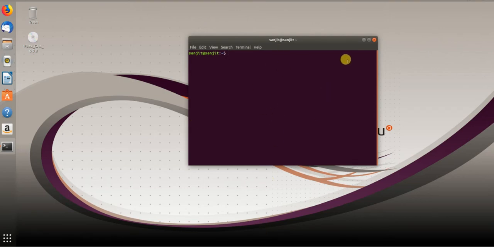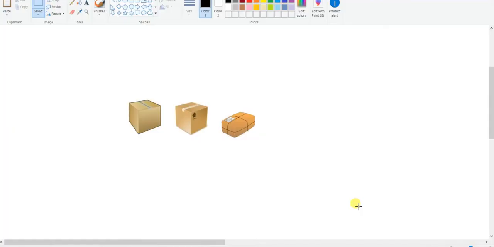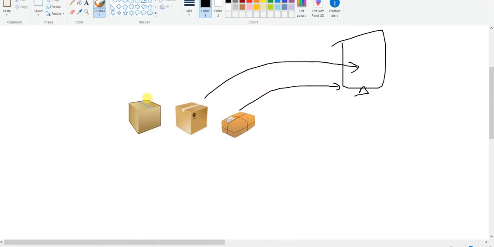system. Since we already updated, when you update Ubuntu, by default so many software packages come to your system. Let me show you like this. So this many packages come to your system by default. When you update your Ubuntu, at that moment these things come from the internet to your system, but they are still packed.